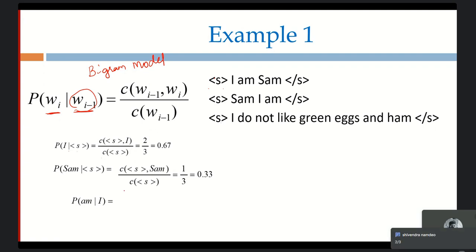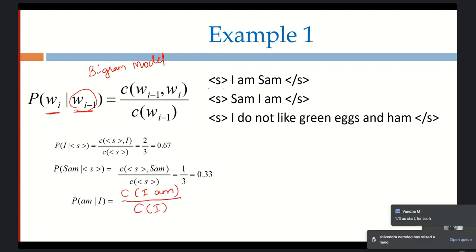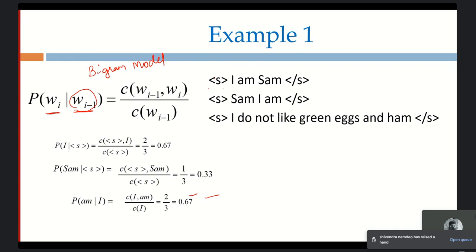That is count of I to be, 2 by, followed by am, by count of I, right? How much? 2 by 3. So it's coming to 0.67. So in this way, I hope you understood how the probabilities are being calculated with respect to the previous